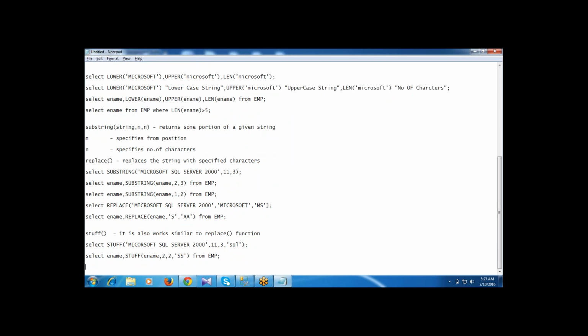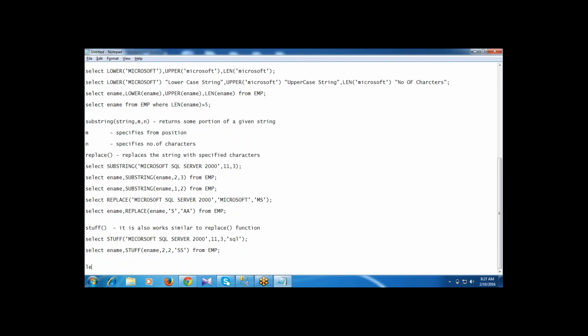You mean to say, replace is a word replacement and stuff is character replacement? Is that the difference between stuff and replace? Just correct me if I'm wrong. You mean to say replace is where you replace a word, and stuff is where you replace a number of characters. Okay, thank you. Right.